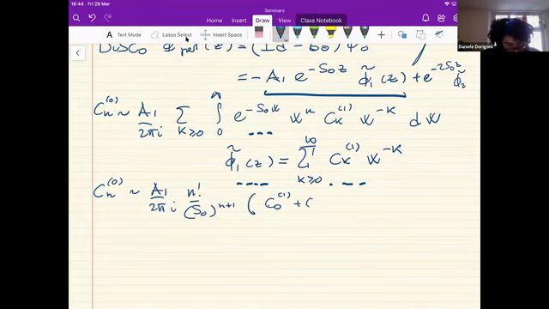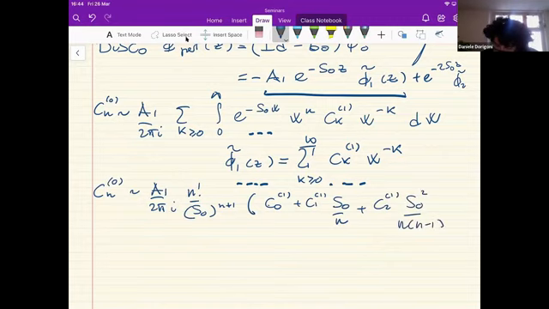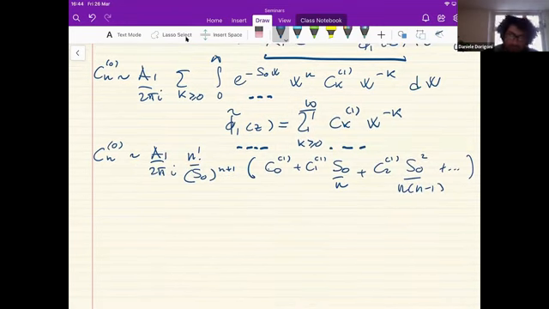C01 plus C11 S naught divided by n plus C21 S naught squared divided by n minus 1 plus dot dot dot. So you get this natural expansion in terms of, well, the factorial growth. The instanton action is below, that's the numerator. This A1, that I should have given the name before, in this case it's called the Stokes constant,